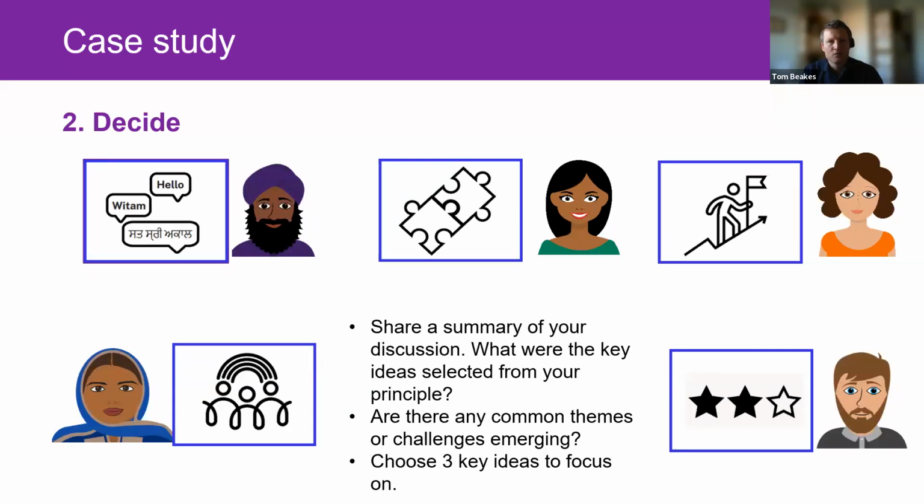That leads us to the deciding phase. At the end of this discussion phase, each group splits up, and the individuals from each group form a new group. So there is at least one person representing each principle, and each individual shares a summary of what was discussed in their original group. They're all sharing different ideas from the different principles, so in that way we're collecting all that information. This is a kind of jigsaw reading activity or a snowballing of ideas.